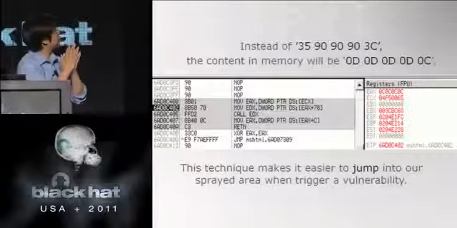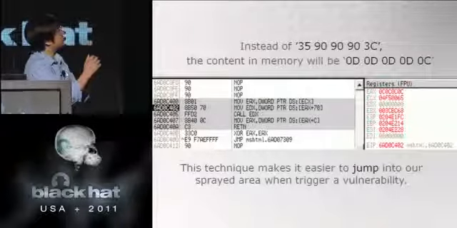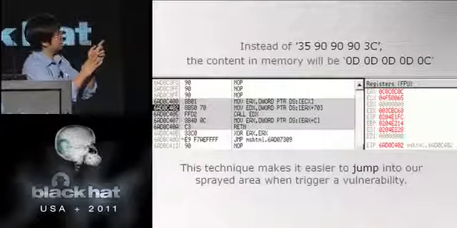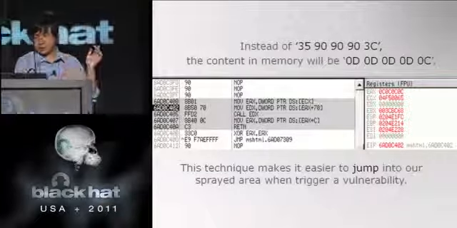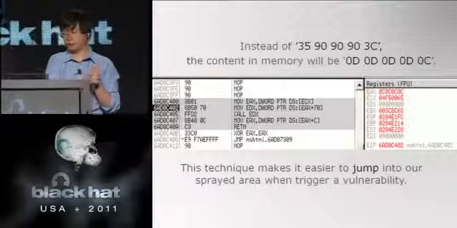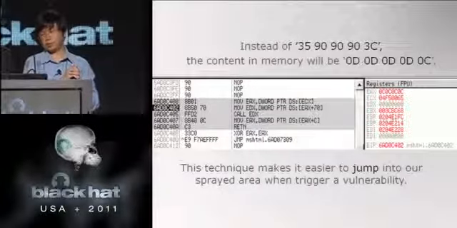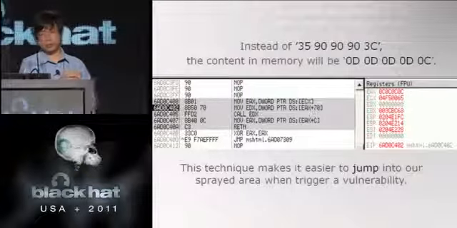If we use OR, the spraying content will be 0D, 0D, 0D, 0D, and 0C. Why? This technique makes it easier to jump into our spray area when triggering the vulnerability.